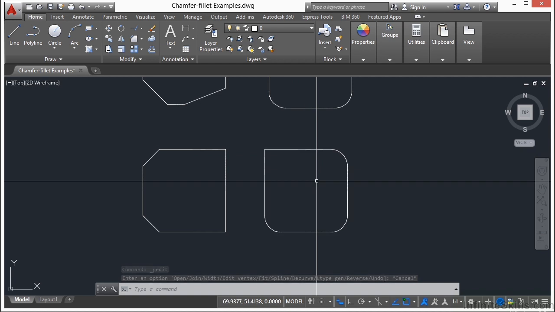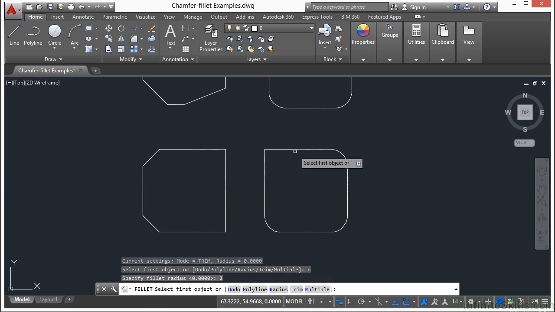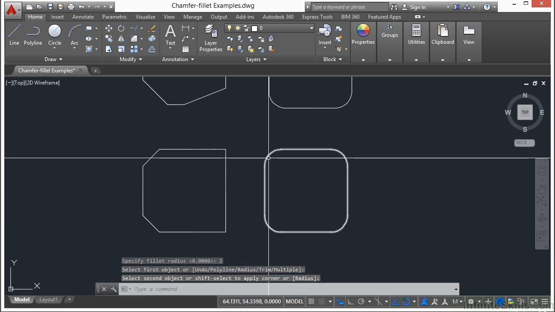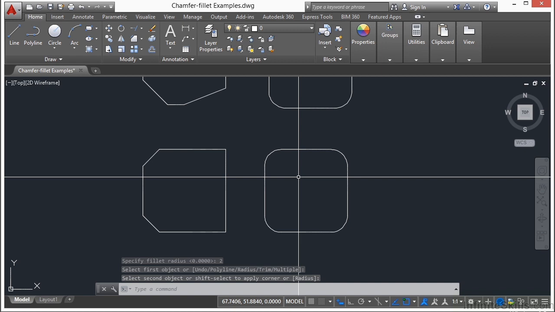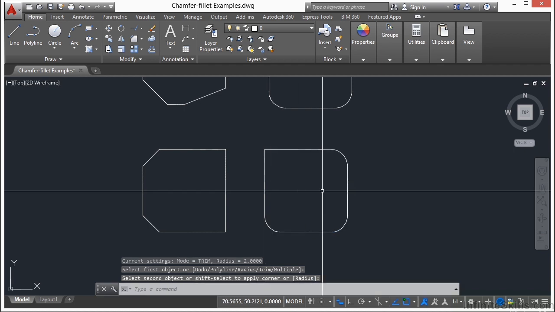Now here's another little trick for the fillet command, and it also works for the chamfer command. So let's say I have a fillet and it has a radius of 2. And I'll show you. Gives us a radius of 2. Well, let's say I need to create a corner for that. I can start the fillet command, and I showed you if I set the radius to 0, it will make it a radius of 0. Well, I don't want to do that because I want to keep making other fillets for the same radius, and I don't want to change what I'm doing. So if I hold down the Shift key and then I pick these 2 lines, it'll create a fillet of